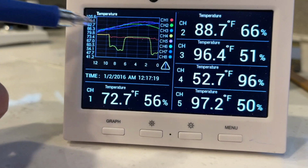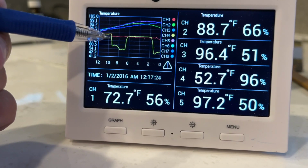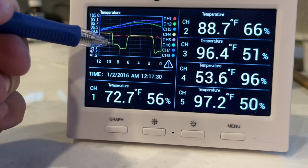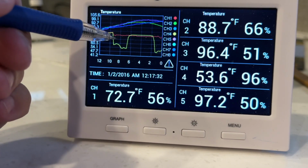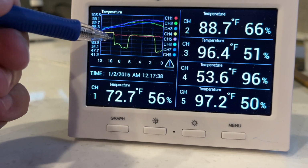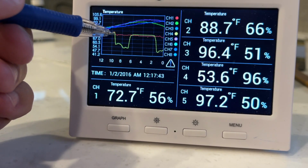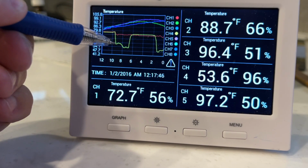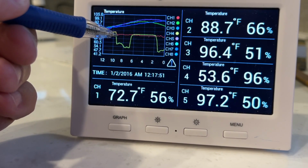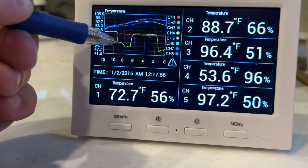Now this is the living room. You can see the red line was up here and then it dropped here, and that is the same time as when the refrigerant was added. I installed these thermometers at their locations right around here, and you can see the temperature of the yellow one dropped when I installed it. He did his refrigerant thing. You can see a dip in the temperature, the red line, the temperature going in, and you can see a dip here,